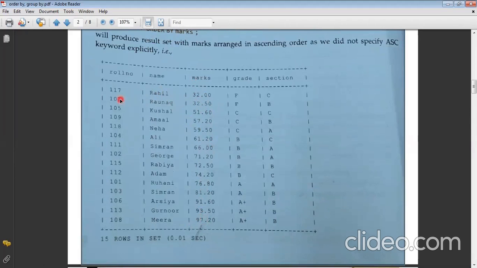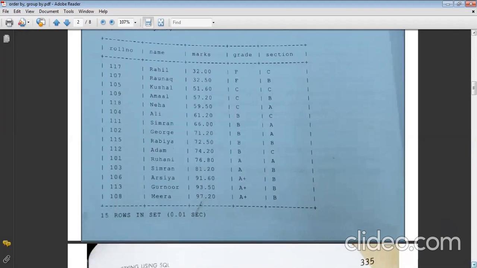Along with the marks, the complete row's data changes. The same data will be there because 32 marks belongs to Rahil only. So the same row comes first and the same thing is followed afterwards. If you do not use any keyword, it will still arrange in ascending order.